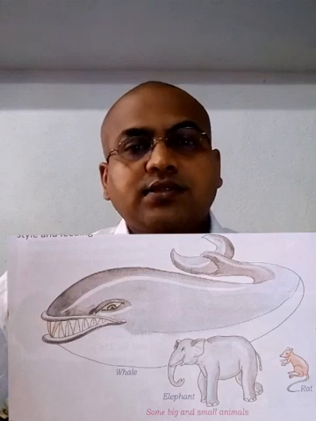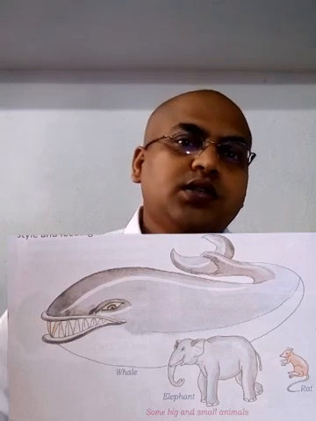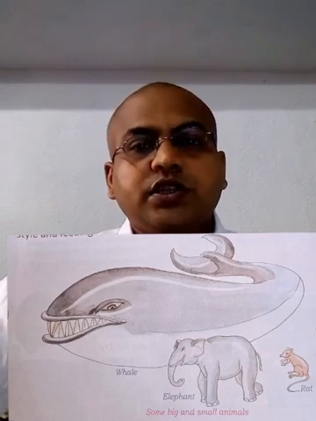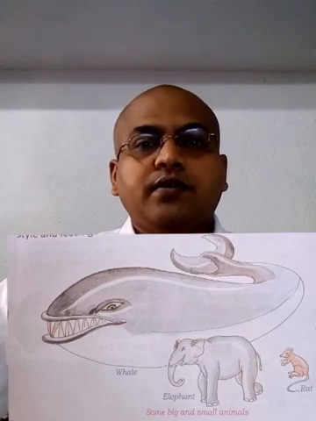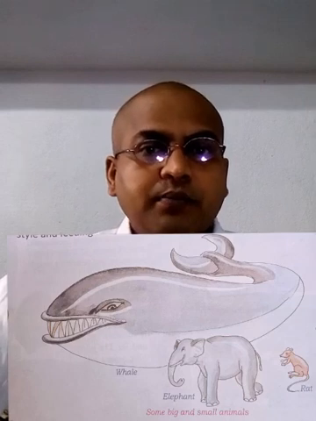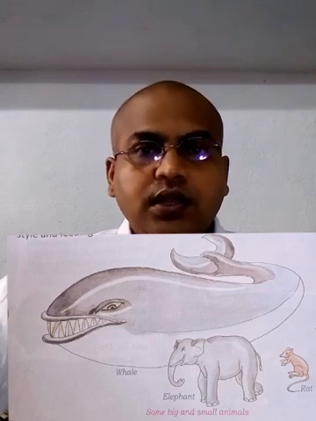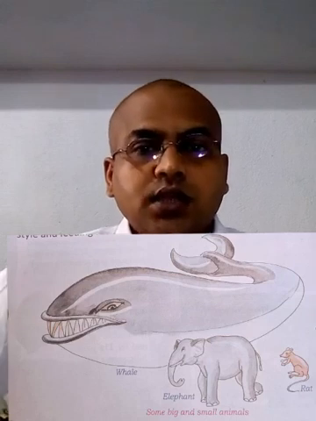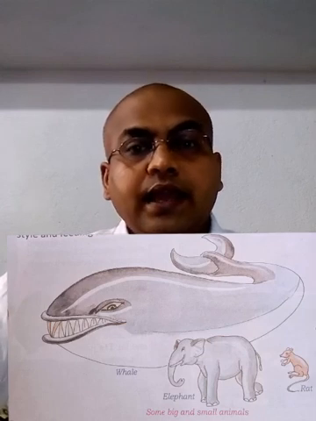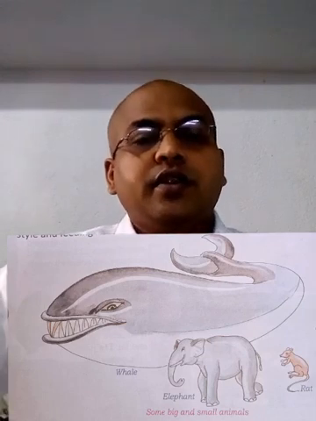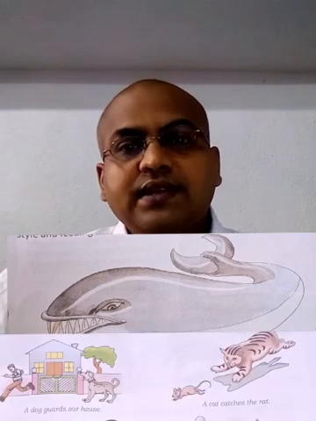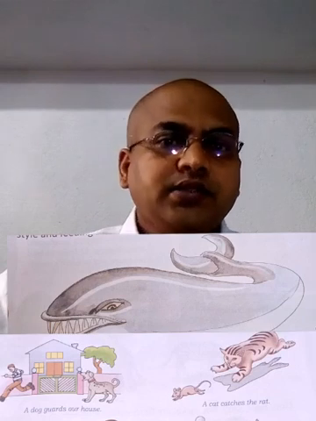So like that, there are some animals living on the land, living in the water. There are some very small animals like insects. There are some animals which spend most of the time in the air. Some spend most of their time on the tree. Some can live both in the water and on the land. Some animals hide themselves in nature very well. All these types of animals we had discussed in this chapter already, and we revise again.